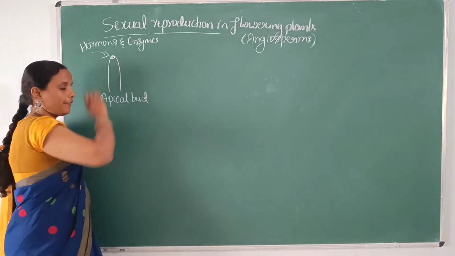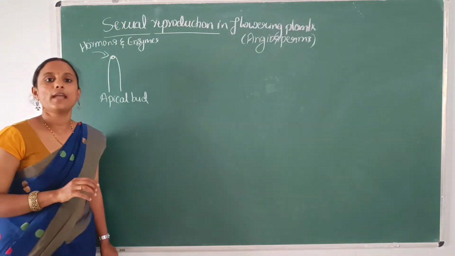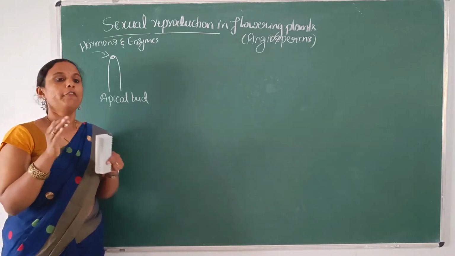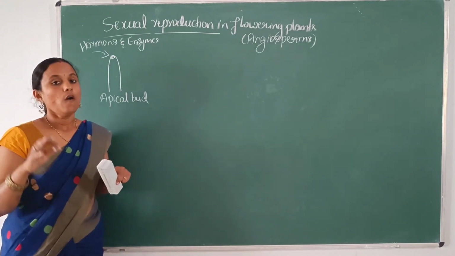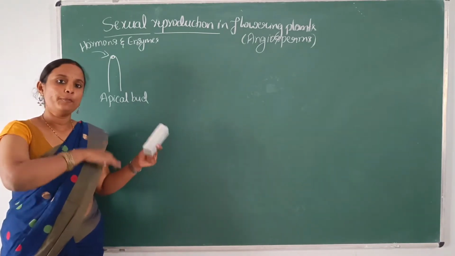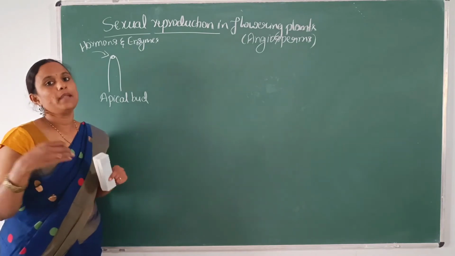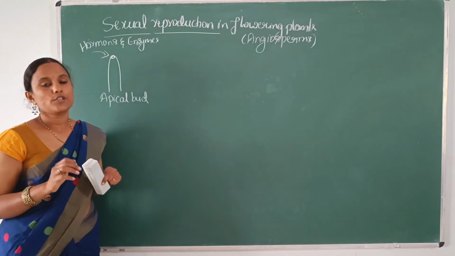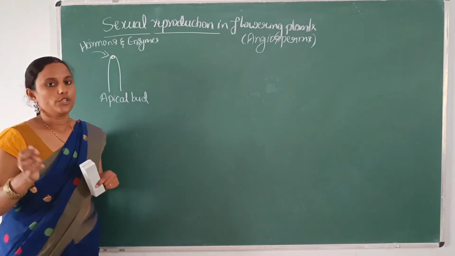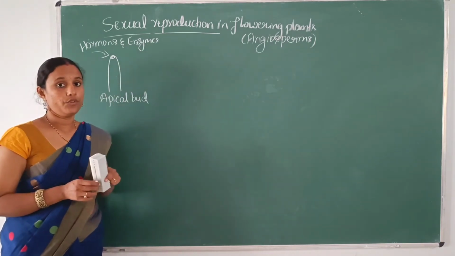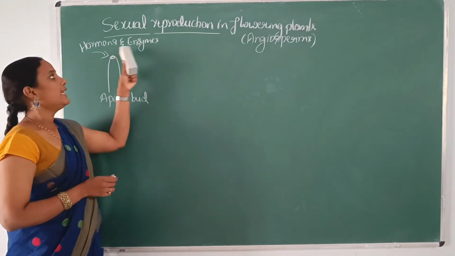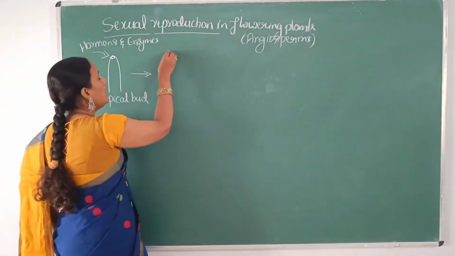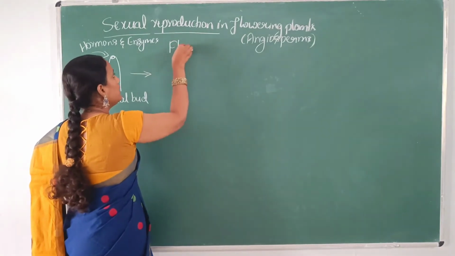Because of the action of these hormones or enzymes, it could be converted into a flower primordial or a leaf primordial, which means there may be production of flower in future or there may be production of leaf in future. Since we are discussing the flower, action of these hormones and enzymes will convert it into a flower